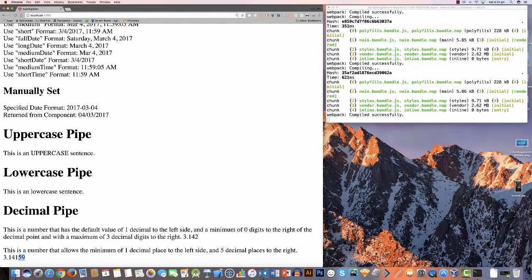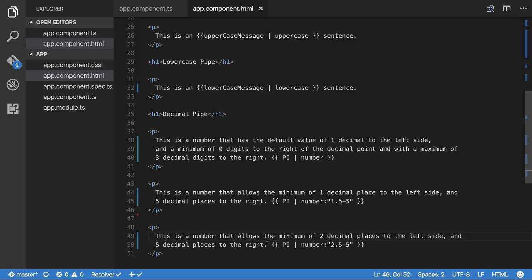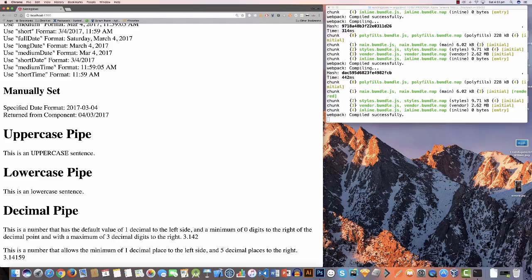03.1415, whatever. And it's not coming up, I'm not sure why. What have I done here that's different? So 5 decimals to the right. That's very interesting. I'm surprised that's not working. Well, it's not even displaying, so